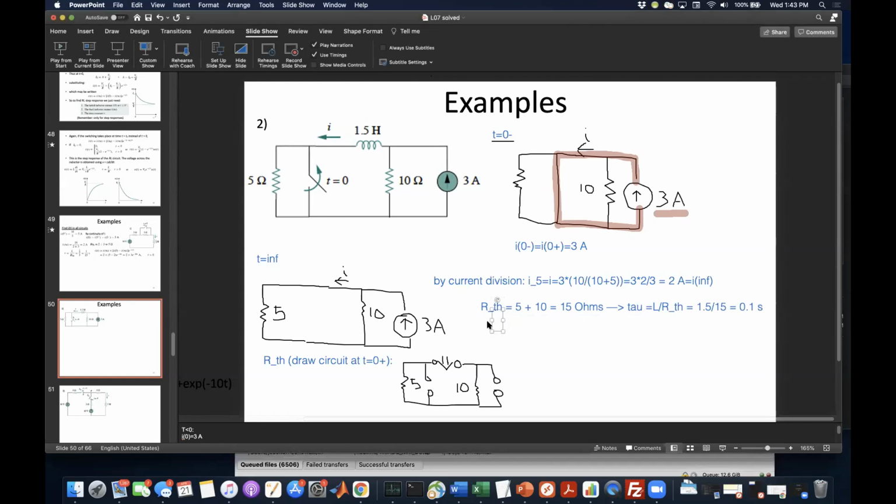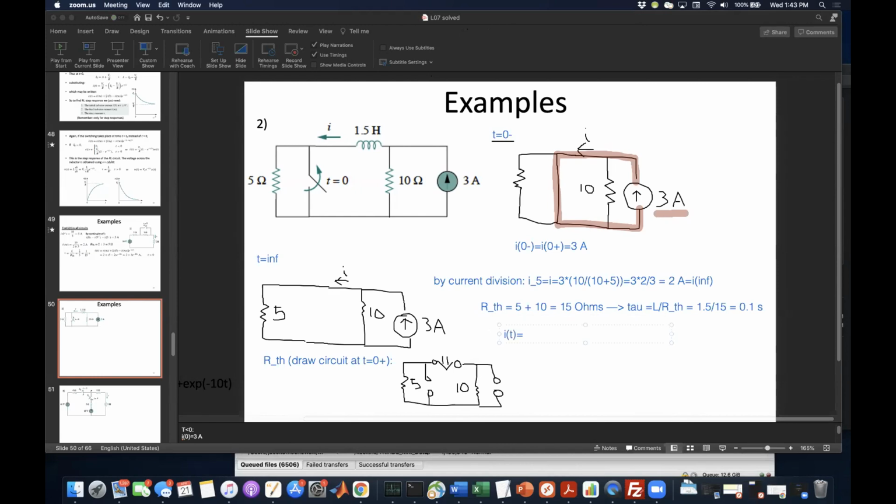Okay, so now we have everything. So now let's write our final solution. We have I of t, and I of infinity we found out was 2, plus